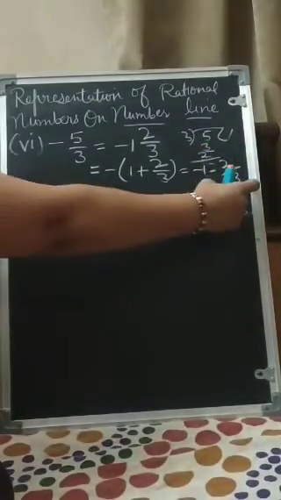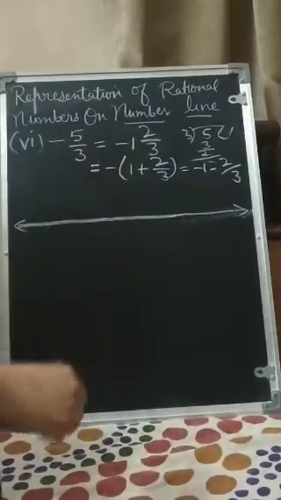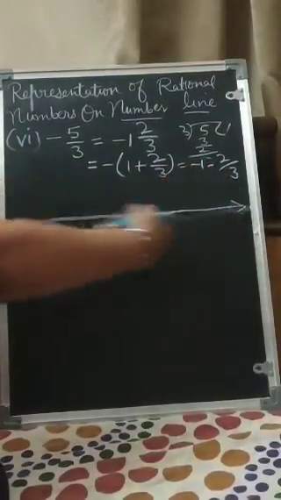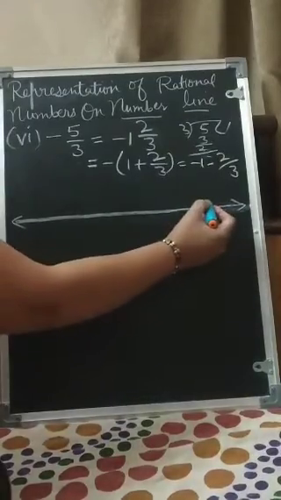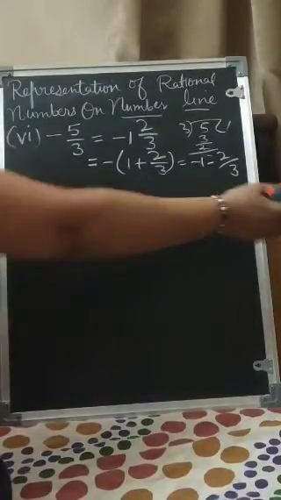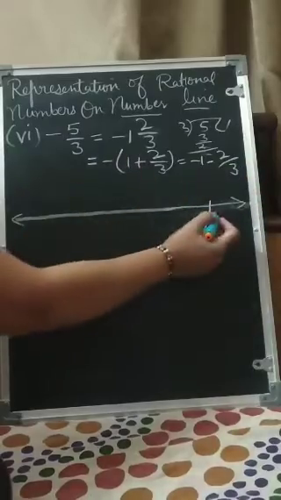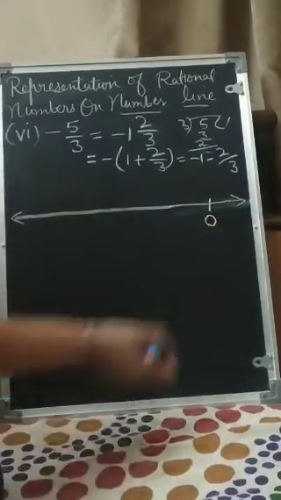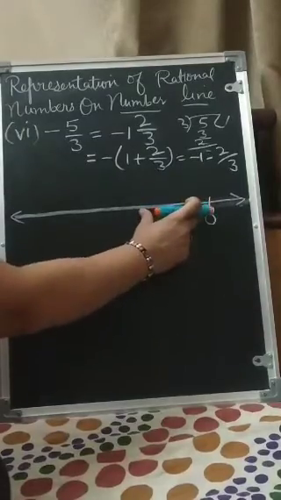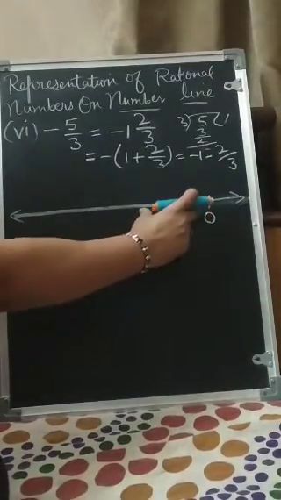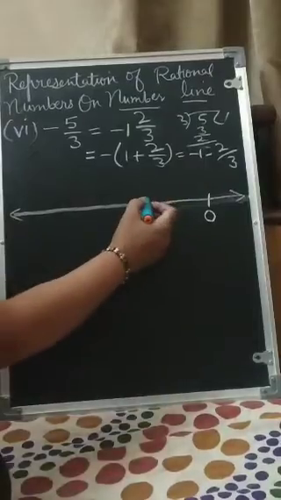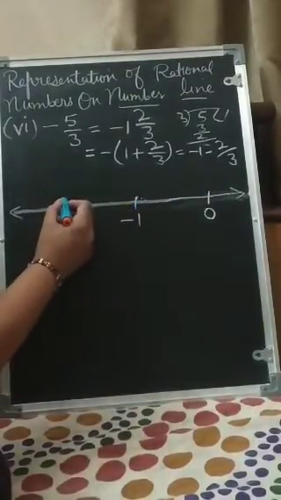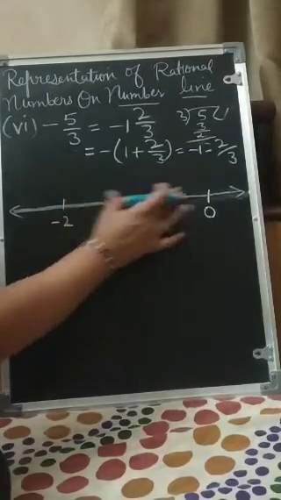Okay, now this we will represent on the number line. Firstly you must solve, then we will see. Now we will go to the left side. This is 0. We don't want the numbers on the right side, so 0 we can take here. Now we can reach up to -1. Take the distance with your scale. It should be equal distance. Here can be -1, here can be -2. First of all, this distance should be equal.